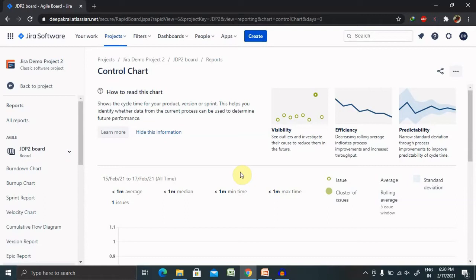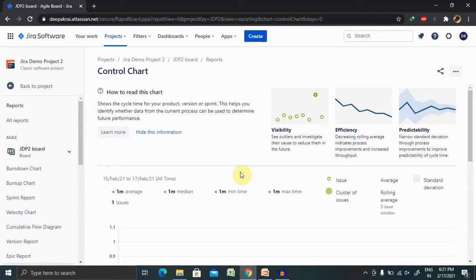Here we have some points about what the control chart does. It will analyze our team's past performance in a retrospective, measure the effect of a process change on our team's productivity, provide external stakeholders with visibility of our team's performance, and for Kanban, use past performance to set the target for our team. Whenever we are working with control chart, there are several other parameters also available,